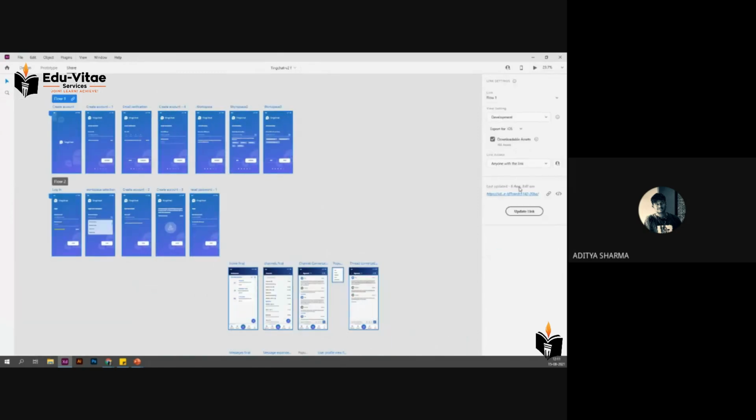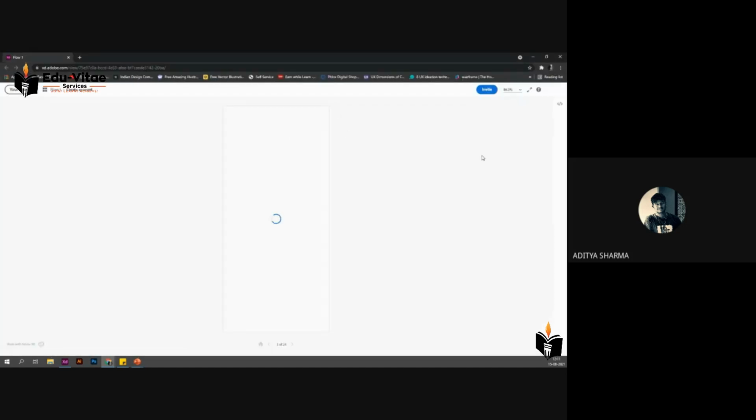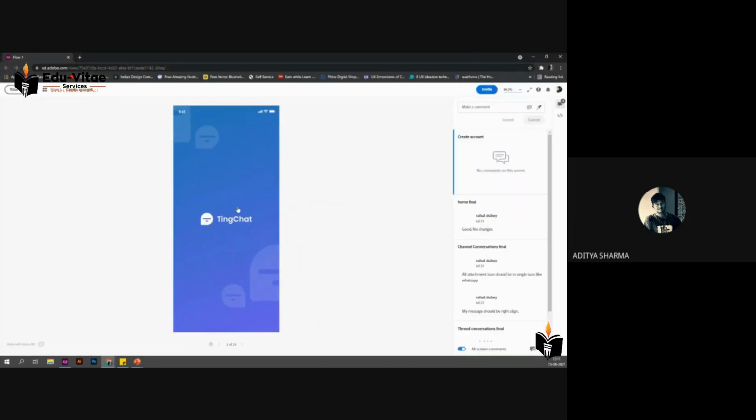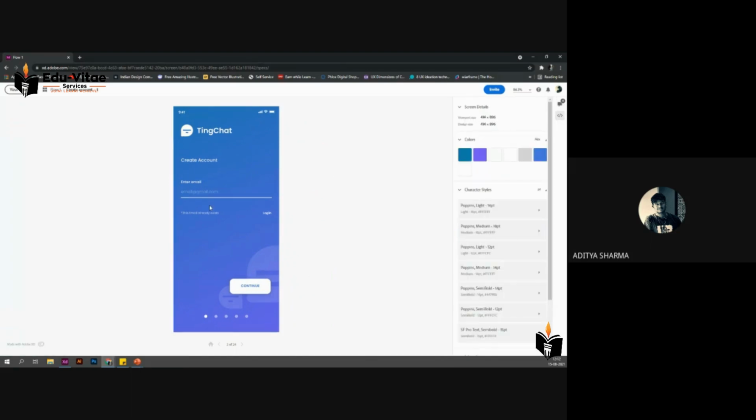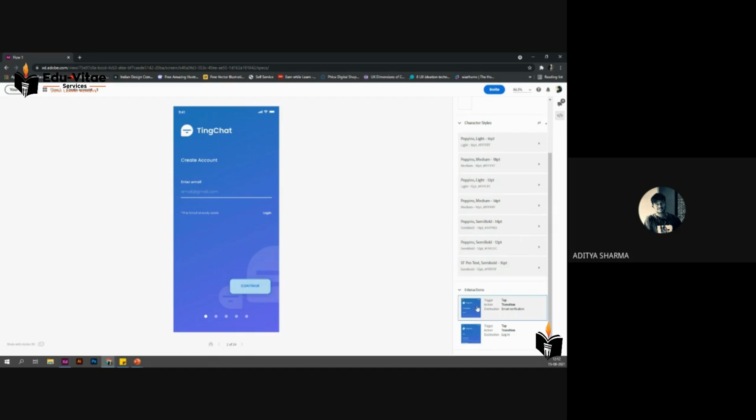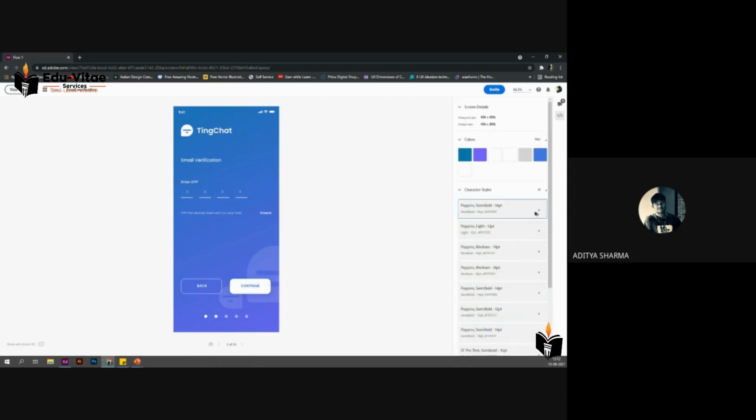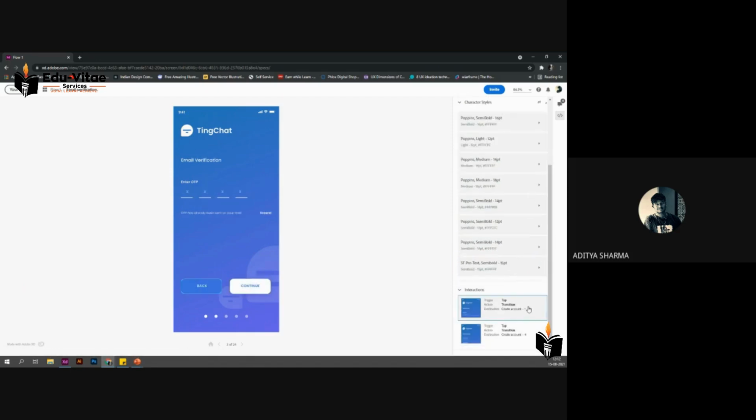Once you share the developer link with them, like, I've been working on this design for quite a while, so just have a look at it. Right now it is completely interactive. If you click on the design, something will happen. There are interactions, and when you click on these interactions,